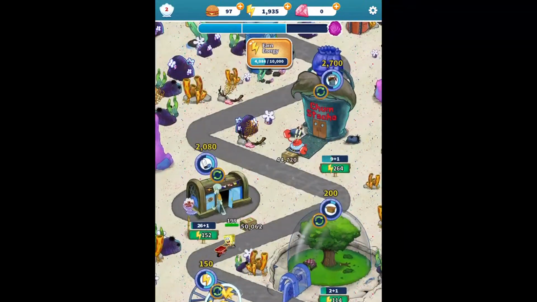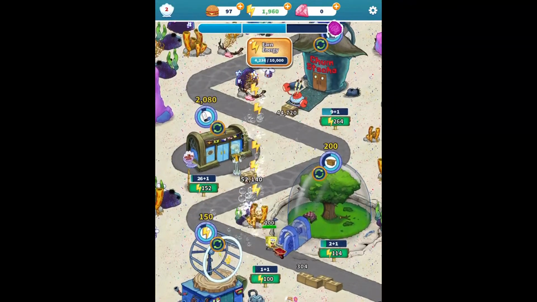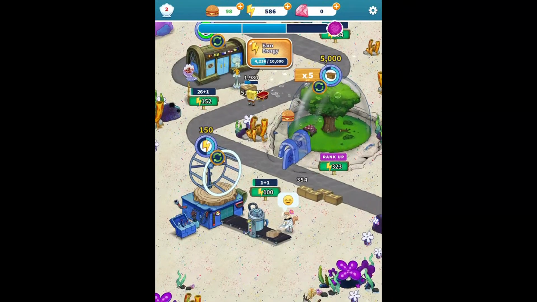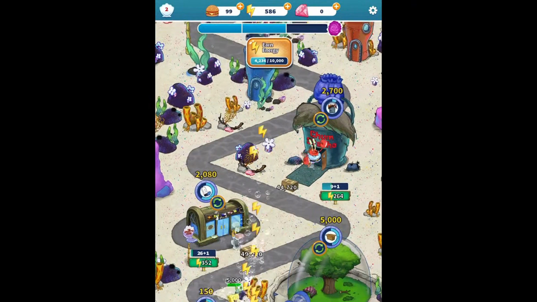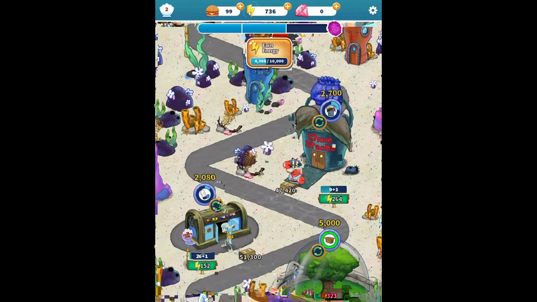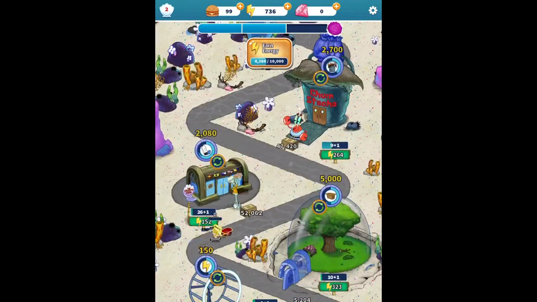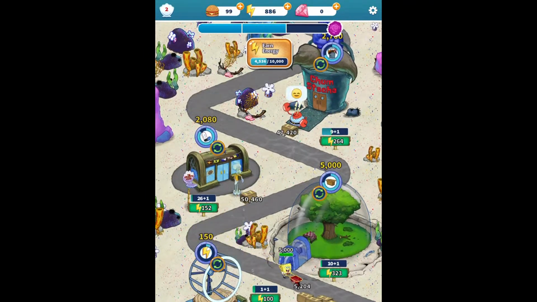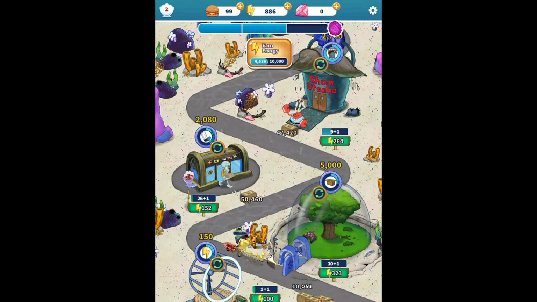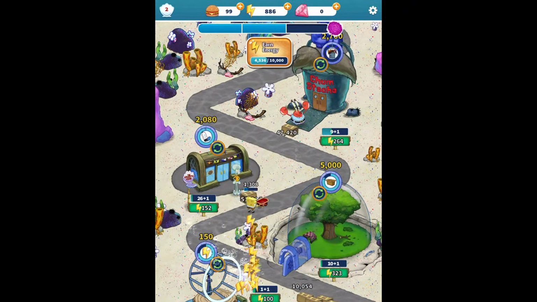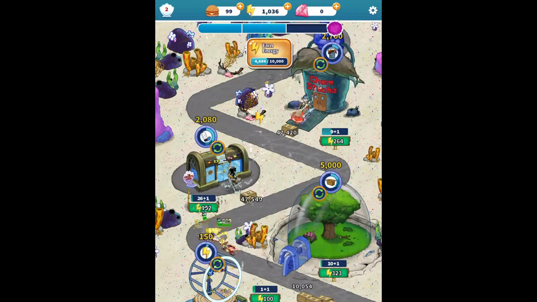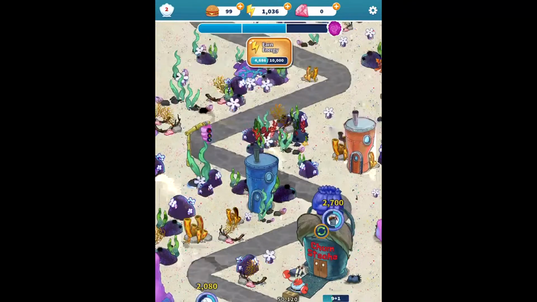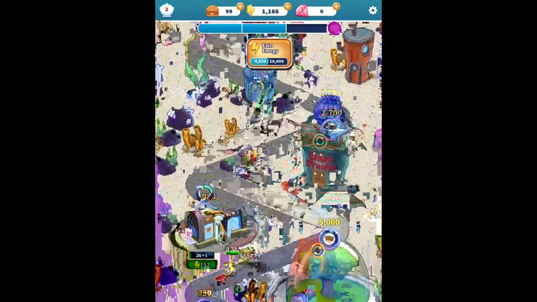Okay, so let's see what we can do here. I am going to rank up. I'm not sure if this was the case with the game previously, but it seems like it takes way longer to get through dimension number 2. I remember speeding through this so easily. So yeah, I'm just trying to figure out what I'm not doing. Earn energy.